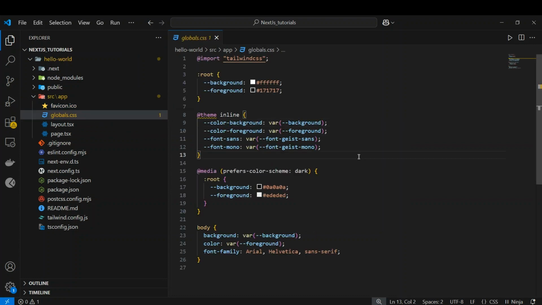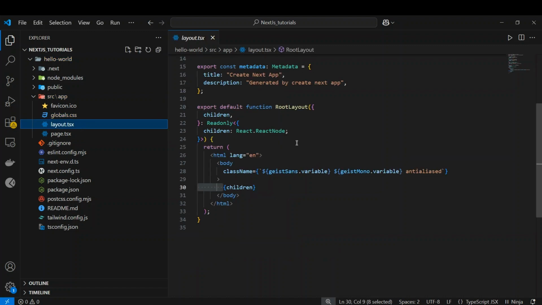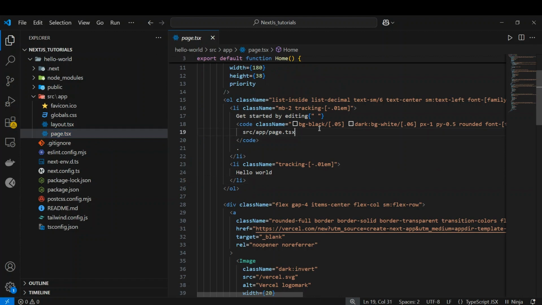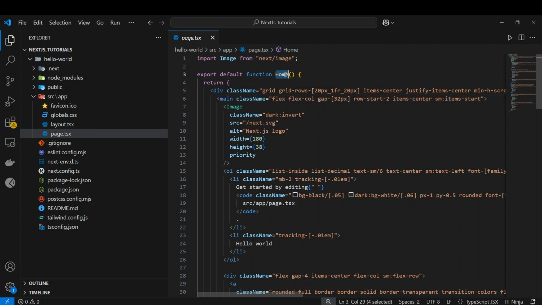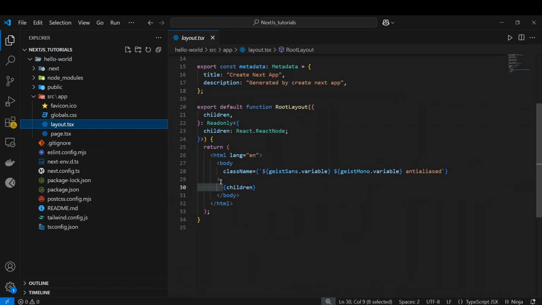All the styles widely used in your web application will be written over here. If you want to make a change globally, you can add your styles over here. Then we have the layout.tsx, which can be used to share things across the different components. After that, we have the page.tsx file, which will be treated as a component, and the actual data of this application will be seen on the home page. This home page will be embedded inside the layout, treated as a child of the layout, and after that it will be visible on the screen.